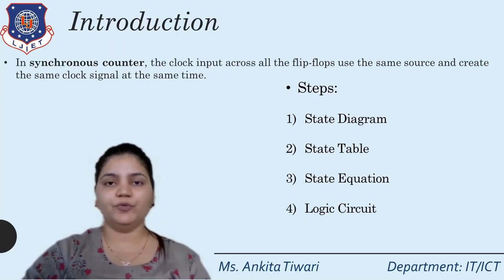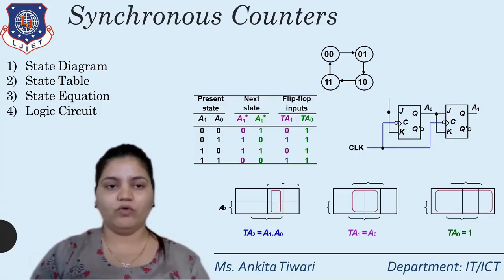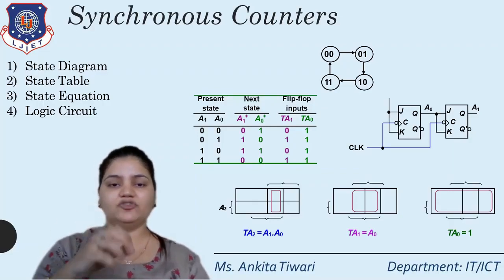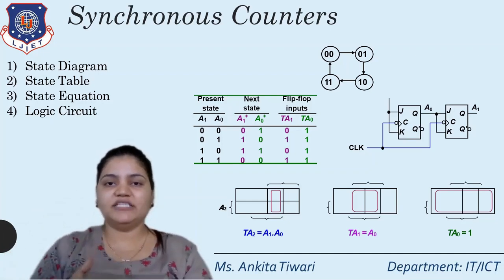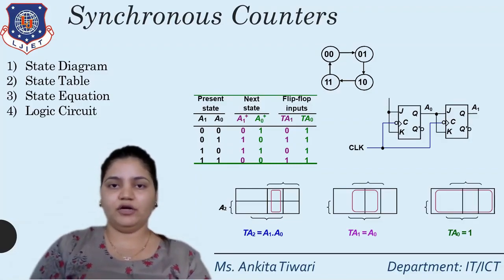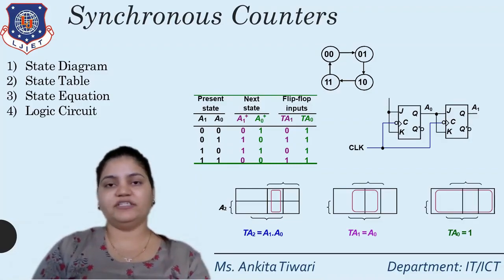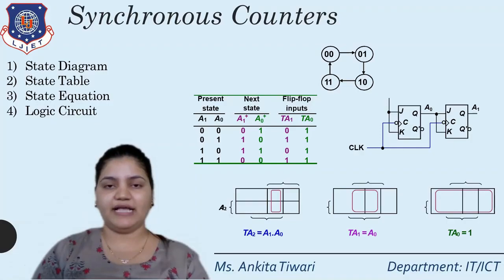Now we are going to see one example of synchronous counters. Here, what will be the state diagram? The state diagram is shown in pictorial form: present state 0 0, so the next state will be 0 1. Now the present state is 0 1, so the next state will be 1 0. So this is in sequence. Counter means we start with the first state and we have to end at the first state. We take an initial value; if it is 0 0, then we have to reach till 0 0. This is the example I have shown here as the state diagram.